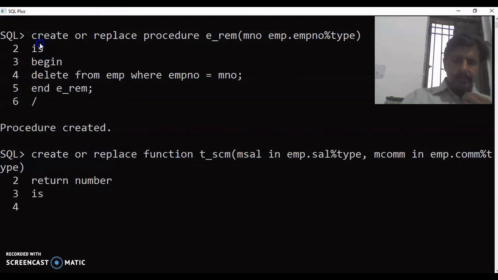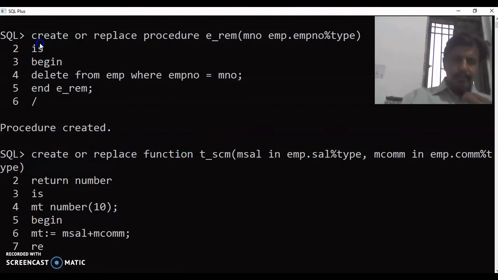Let's say empty, it will be of number type, let's say 10, then begin, then empty colon equal to msal plus mcom, semicolon.